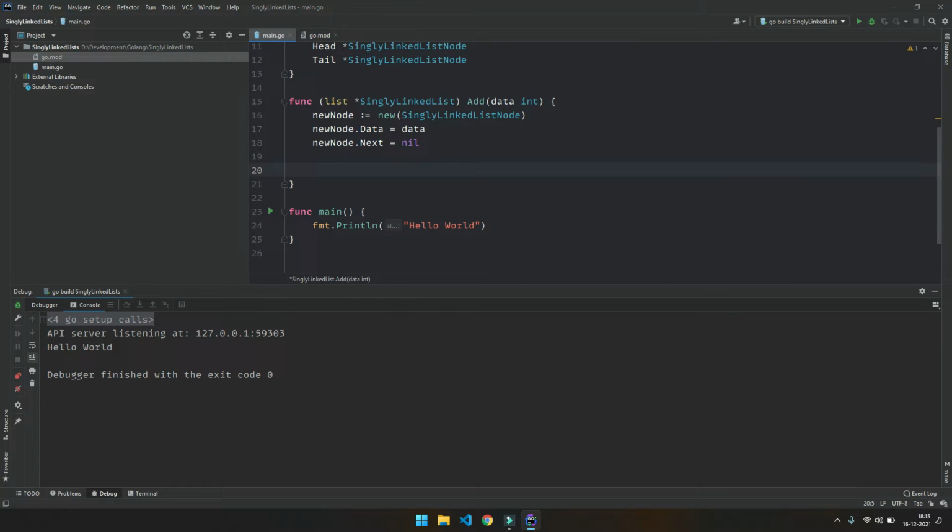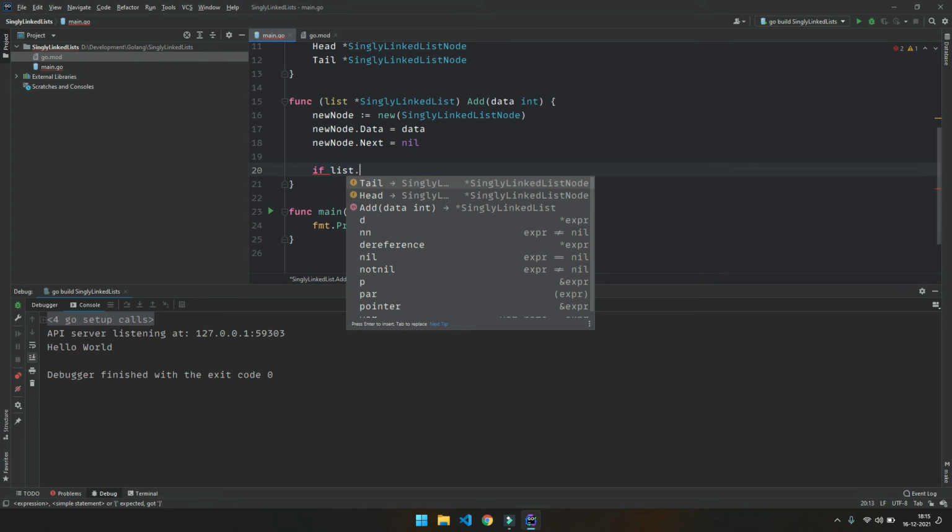And the third case is just a normal case where we need to create a new node and swap it with the tail. And before that we need to point that previous tail to the next element, or we can say the new node. So what we are gonna do is just check for the edge cases.